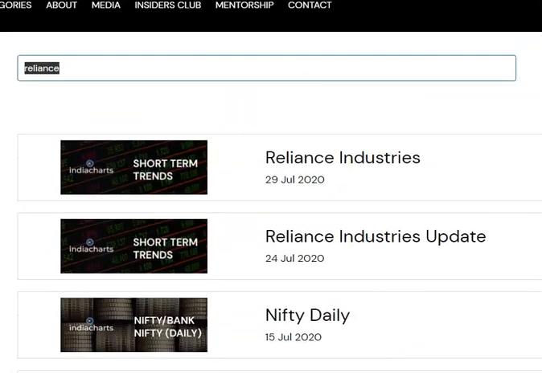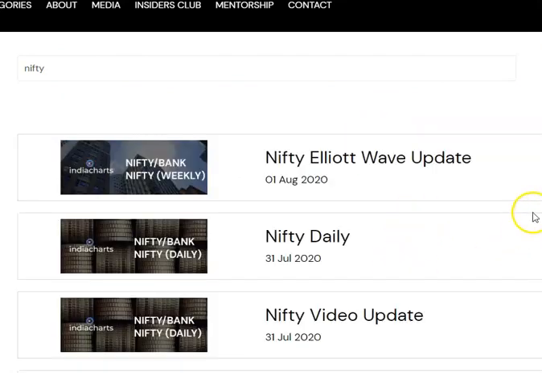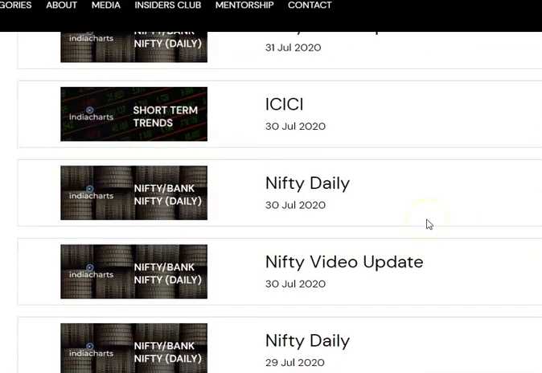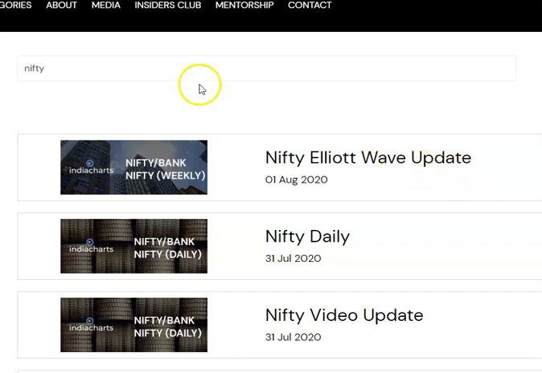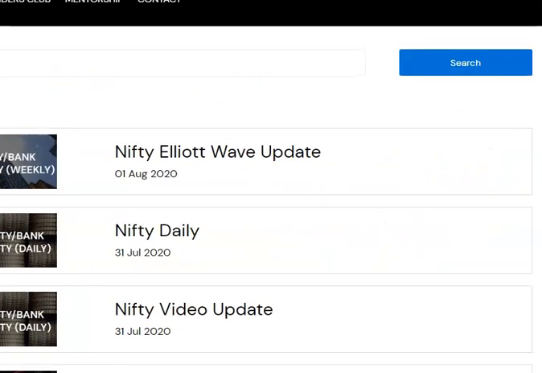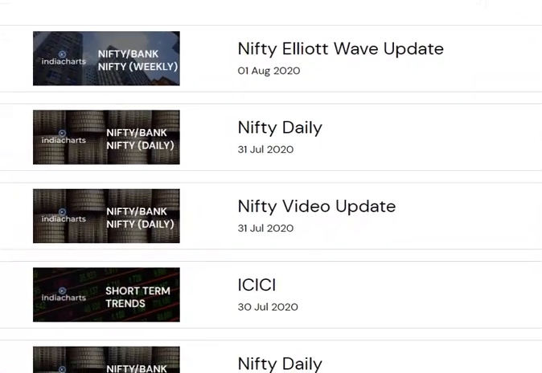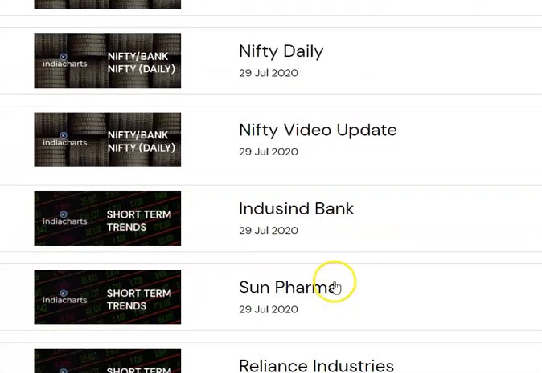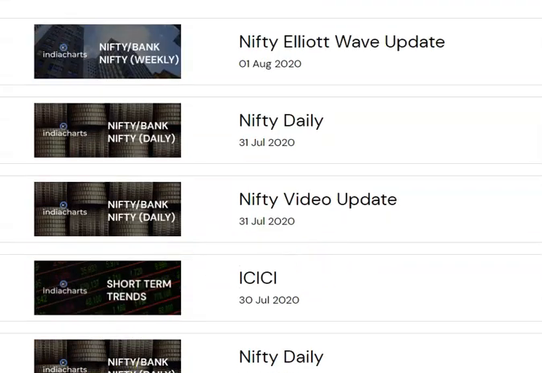Similarly, if you want something on Nifty, you can simply search Nifty and you will get every article that has Nifty published on it. So very quick way of really searching for anything is just type it here in the search bar, and you have to press the search button, and immediately you'll get the entire listing of all articles that have that particular name tag.